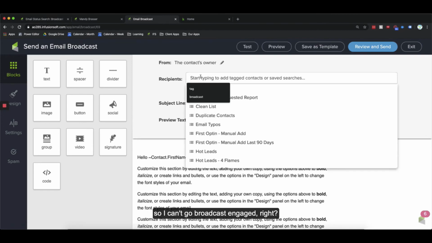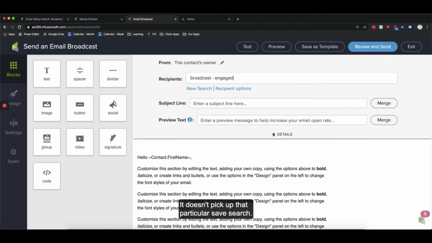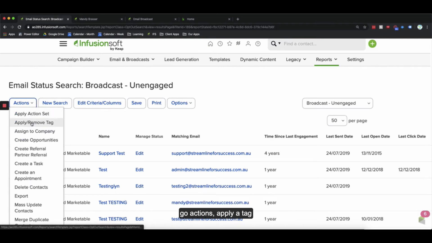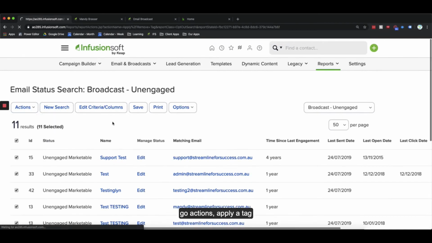All right, so I can't go broadcast engaged, right? It doesn't pick up that particular saved search. So it is a little bit of an extra step, unfortunately, when you have to send out a broadcast. So we go in here and we just select everyone from that group, go Actions, apply a tag,